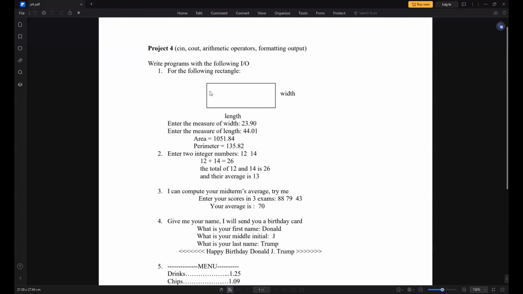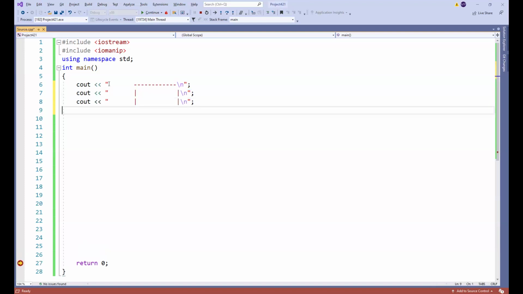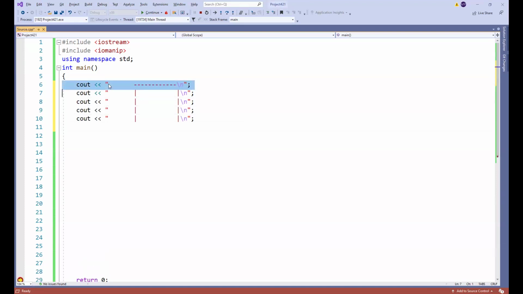Question 1 says we have a rectangle. If I want to create a rectangle, I can put some space here. I can put some dash there. Then I can go to the new line. Then I can put some space here. I can open this. I can put some space here. I can close it, go to the new line. If I repeat this code a few times, and I repeat this code 1 time,